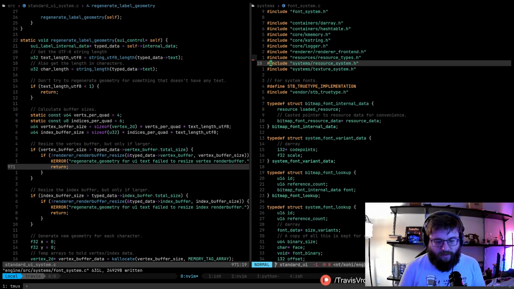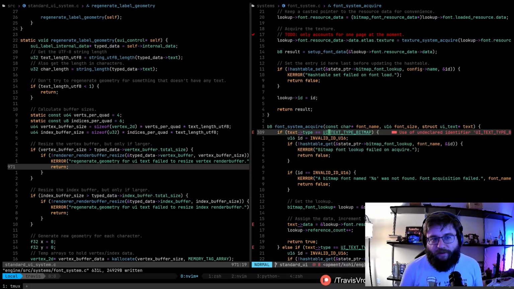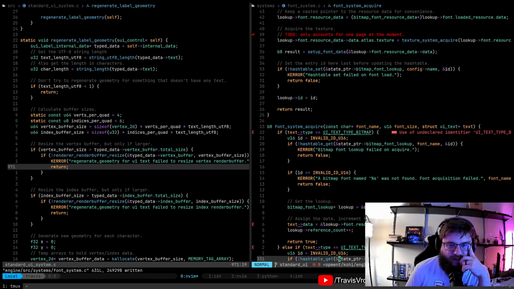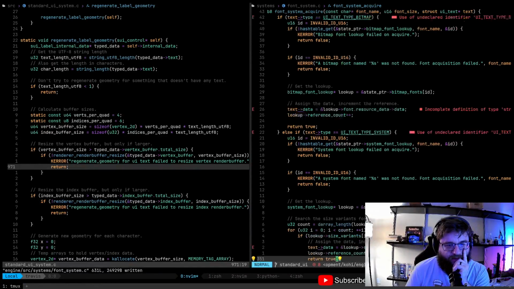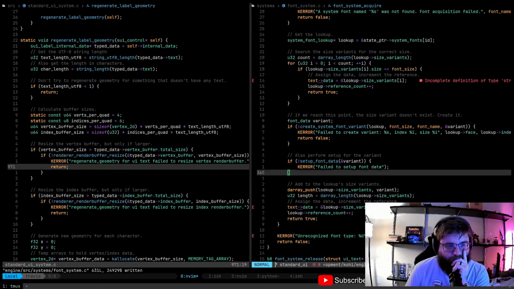All right, this is probably going to cause some issues here. UI text type, right? Oh, and this is doing all kinds of stuff with UI text it shouldn't be doing as well. Boo. We're going to have to refactor this too. Okay.